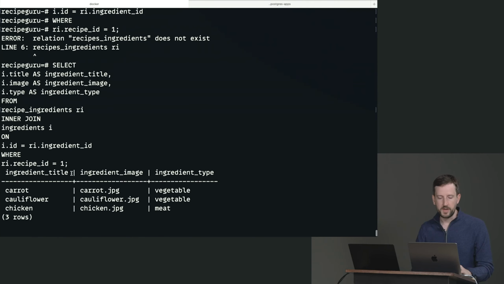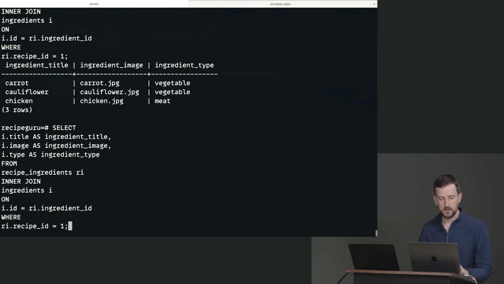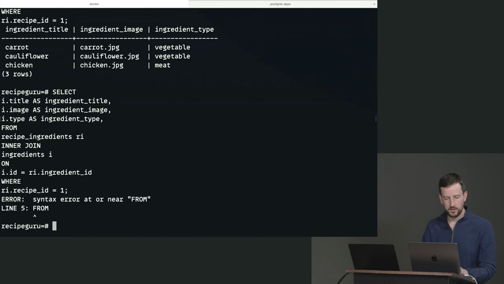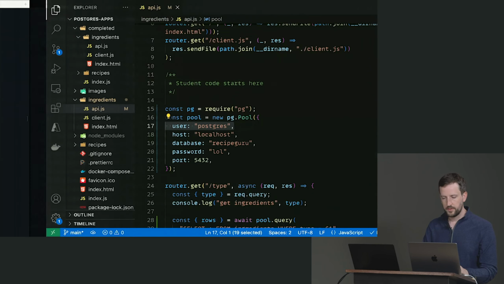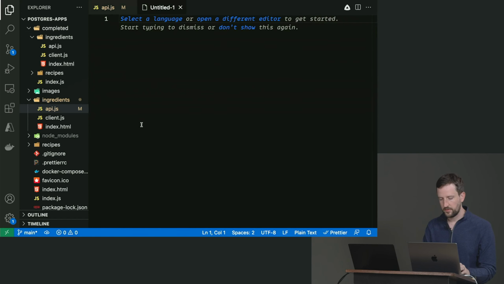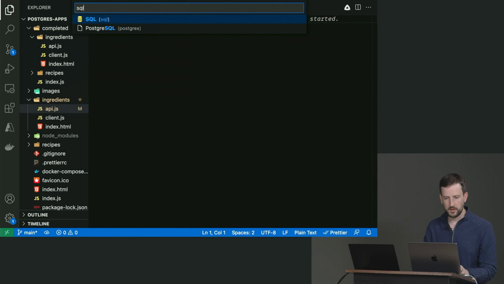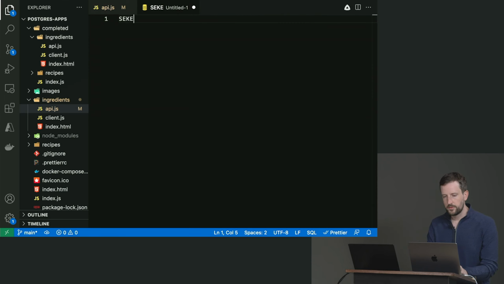So this got us all the ingredients, but it doesn't tell us what the recipes are, right? So how do we get the recipes in here? We're going to have to do another inner join. So let's do that. Let's do this in code because this is going to be so much easier for you to visualize. Change layer mode SQL. So I'm going to do select